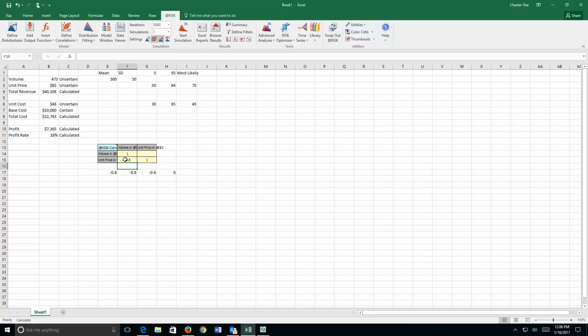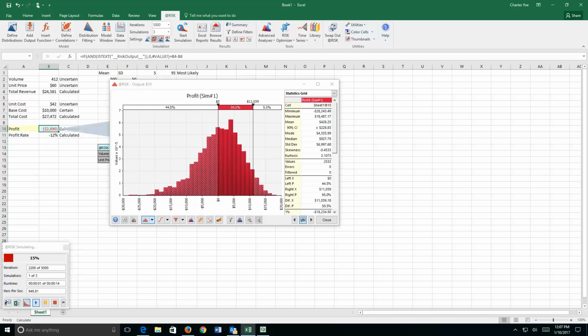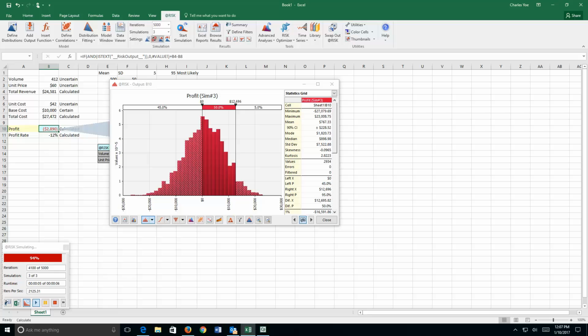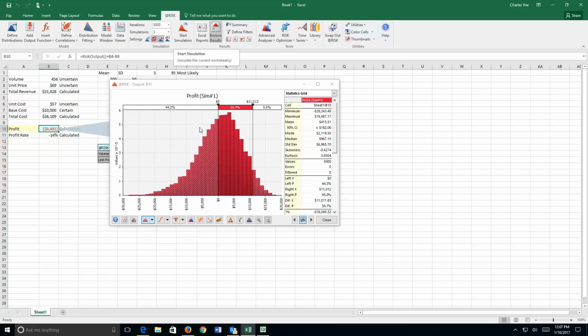And now I have a sim table in here. I now want to run 3 simulations. That's not an option, so I'll have to type it in. And I put my cursor in the profit. And now we're going to run 3 simulations. The first with minus 0.8, the second with minus 0.6, and the third with no